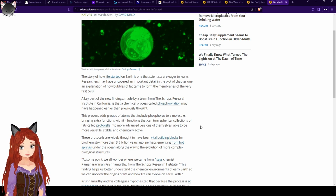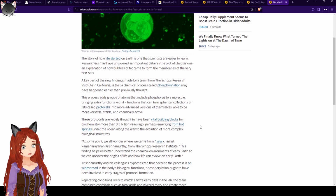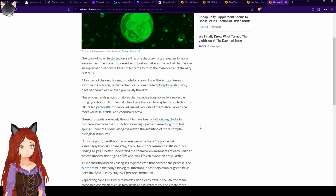These protocells are widely thought to have been the vital building blocks for biochemistry more than 3.5 billion years ago, perhaps emerging from hot springs under the ocean along the way to the evolution of more complex biological structures. At some point, we all wonder where we came from, says chemist